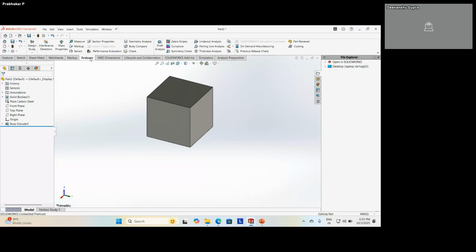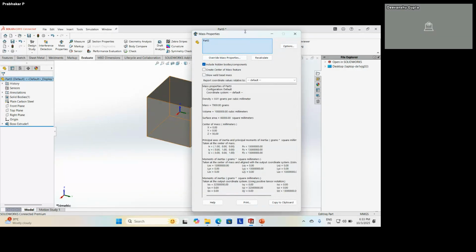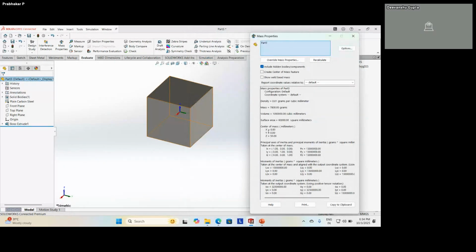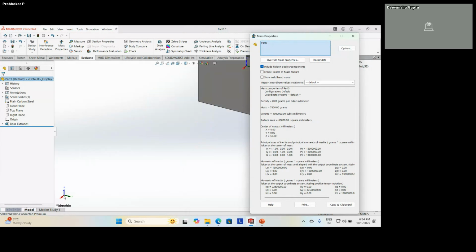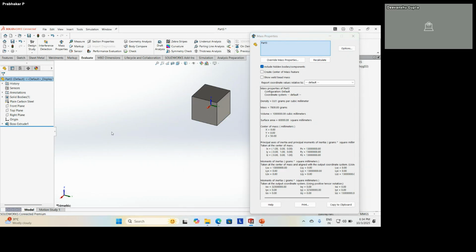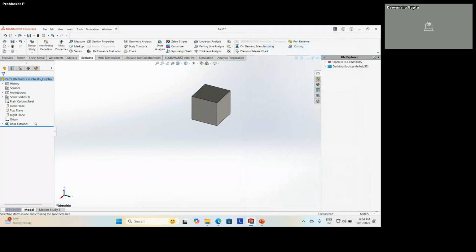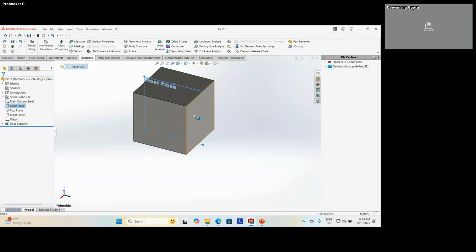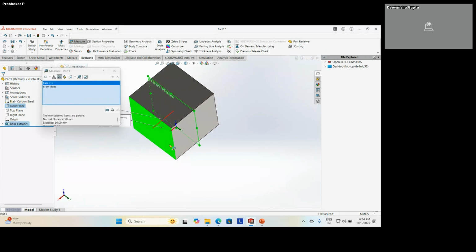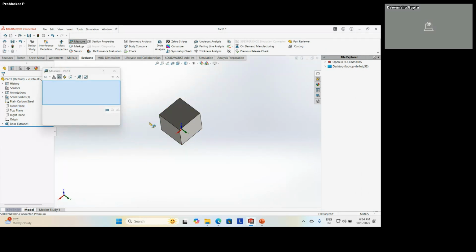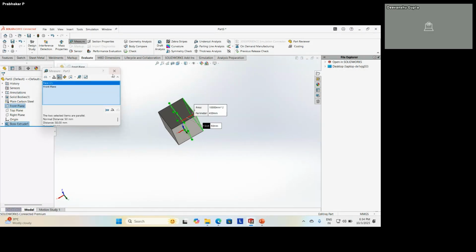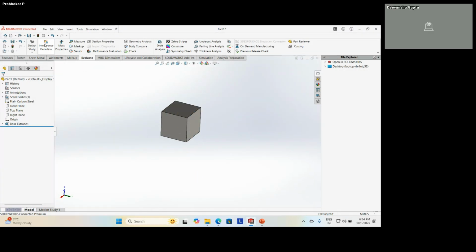If I go to evaluate, mass properties, you can see the x value is 0. Refer to this coordinate system, this triad shown here. X is 0. Why? Look at the front plane. If I measure from the front plane to this face, the distance is exactly 50, and to the other direction also exactly 50.